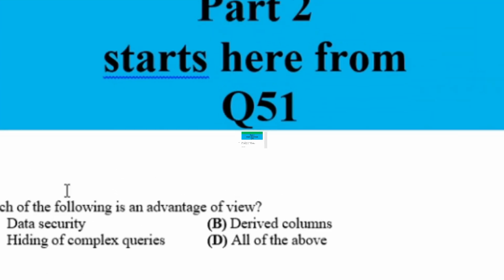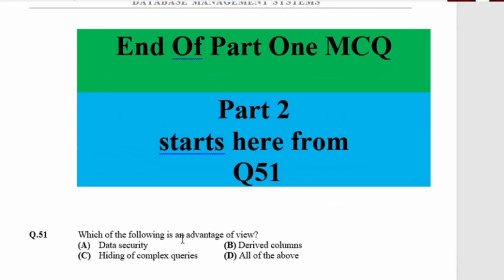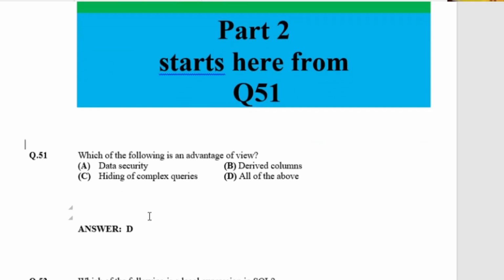The first question says, which of the following is an advantage of view? A. Data security. B. Derived columns. C. Hiding of complex queries. D. All of the above. So the possible answer for advantages of view is option D, which is data security, hiding of complex queries, and